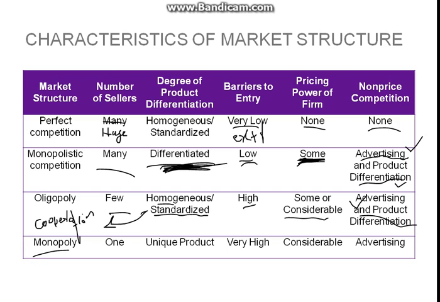Monopoly. Only one firm exists in the market, with a unique product. Barriers are very high. No new firm would ever dare to enter the market. Pricing power is very considerable. They have very good